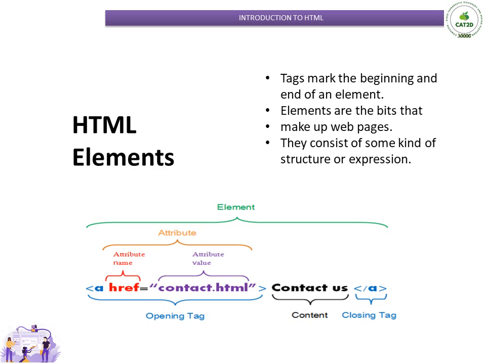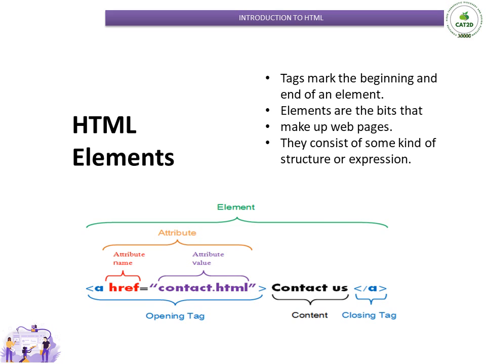The attribute has the attribute name and the attribute value, while the element has the opening tag, which is the A in this case, while the closing tag is the slash A in this case. The content of the element is the contact us, that's the value. So in this case, we are linking contact us to the URL contact.html. When a user clicks on contact us, it redirects that user to contact.html. That's the essence of this basic